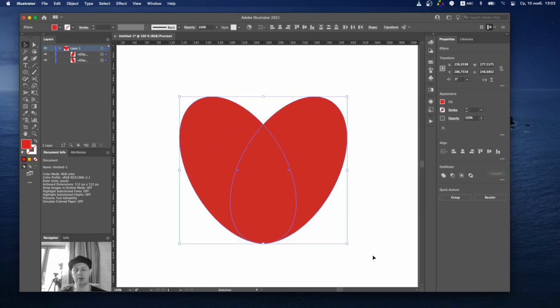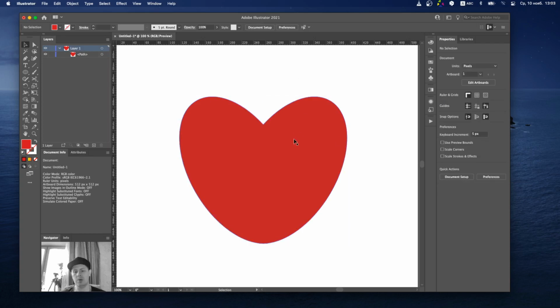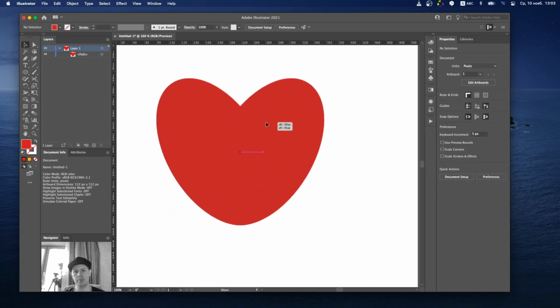Select all this, Command or Control with G button on the keyboard, and in the Pathfinder click here. So you can see